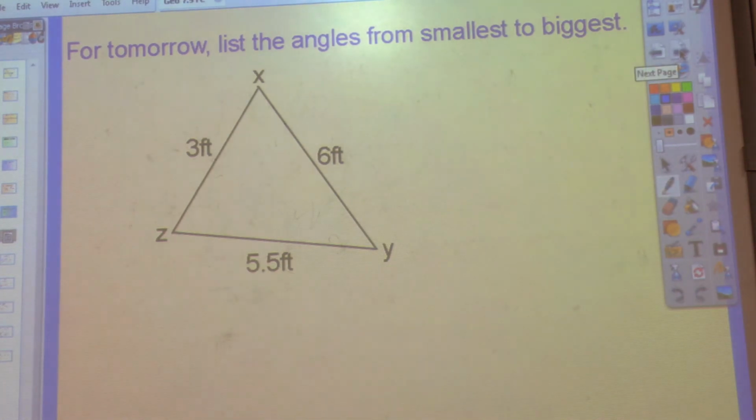All right, for tomorrow, list the angles from smallest to largest. Look at X, Y, Z and figure out from your side lengths which ones would be the longest, smallest, and which one would be the middle. And then list them from smallest to largest, and I will see